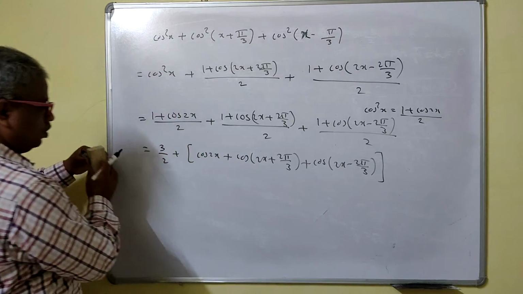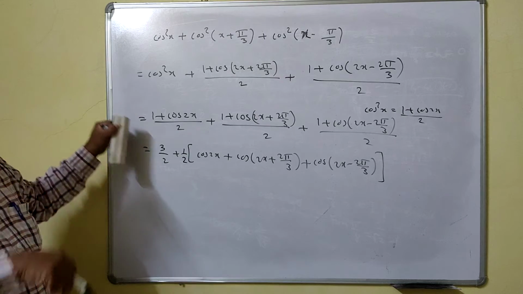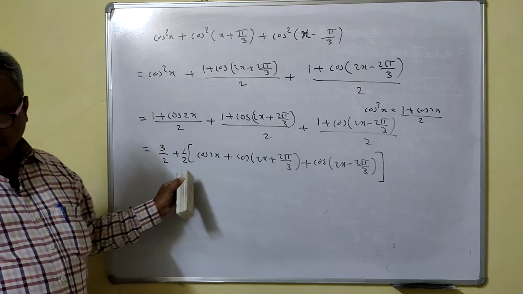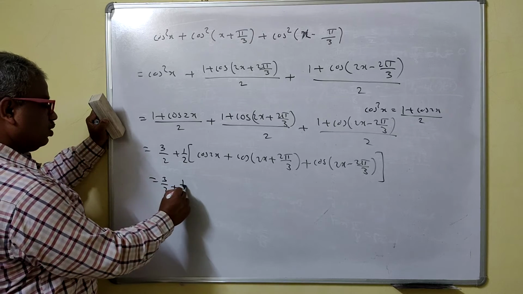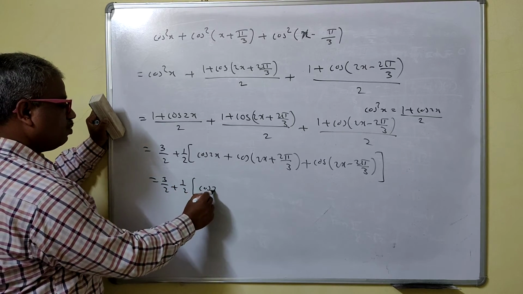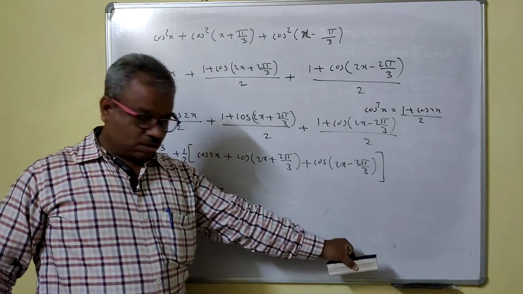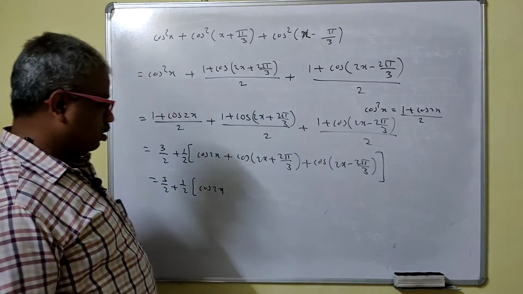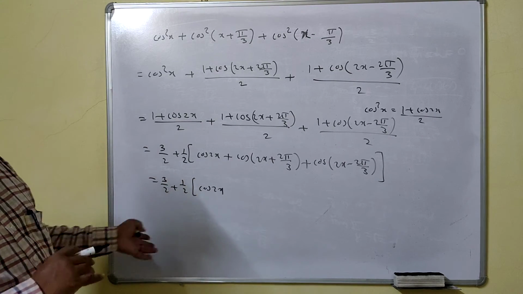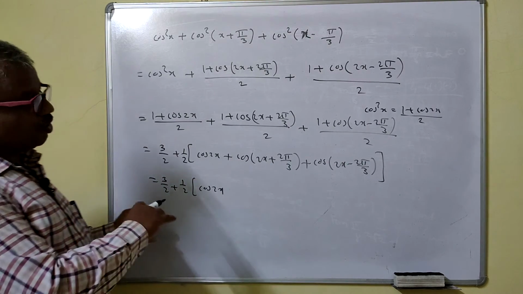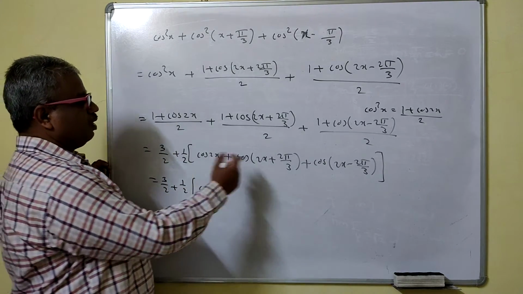Expand this. Here we have to write half now, because half is there. So this is 3 by 2 plus 1 half. The problem becomes complicated now because we don't know the formula for cos A cos B. This should be in the next section. If you put this formula in the next section, this becomes very easy. But we'll apply this for knowledge.